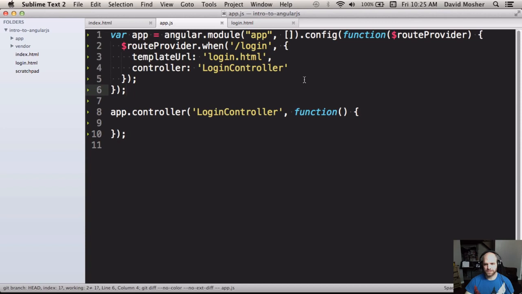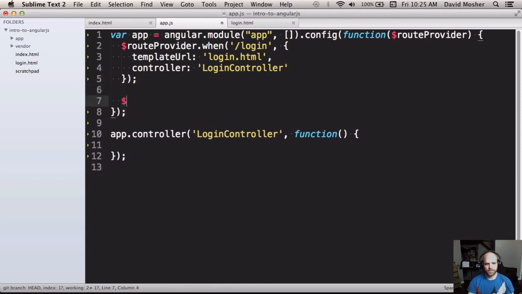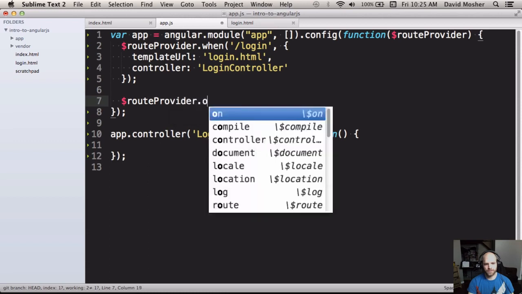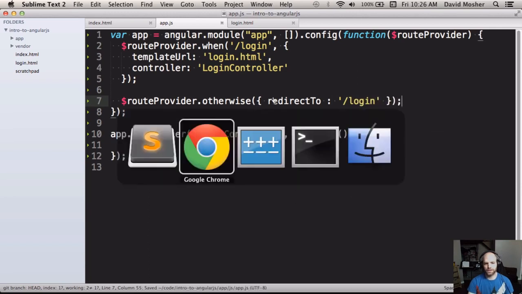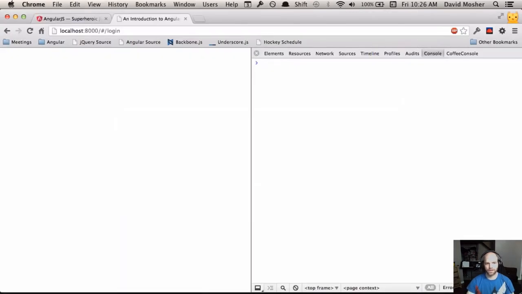and I must be missing a piece here. Let's add the other piece that we need. The otherwise. So otherwise and when are the two adjectives that you interact with. And we're going to tell Angular that if you don't get a route, let's just redirect to login. And now,